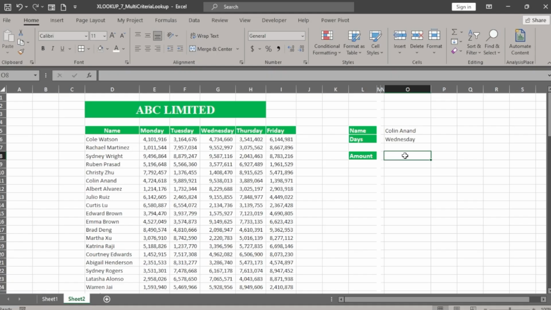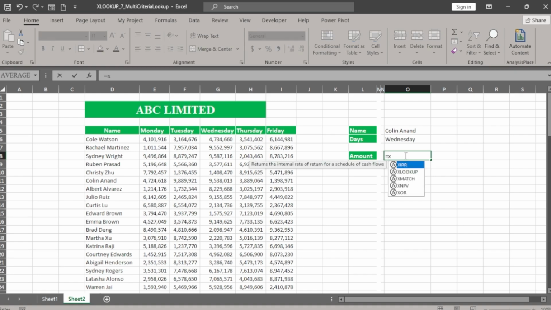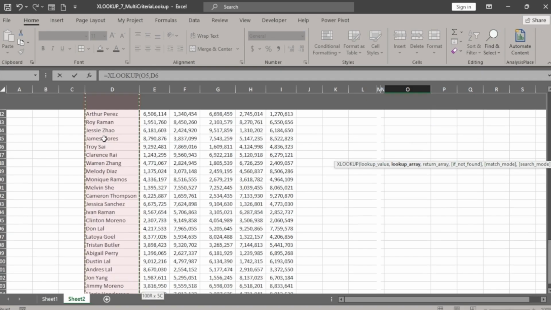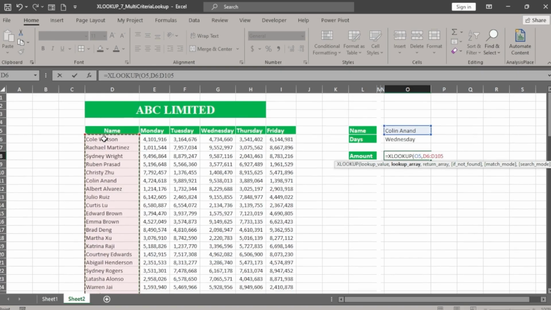To do this, we are going to be making use of XLOOKUP, however, in a more advanced way. And to do that, let's say equals XLOOKUP. Then double click here. What's the lookup value? Our lookup value is the name. The first lookup value is the name. Then we put comma. What's the lookup array? That's the name range. Hold Control, hold Shift, the down arrow, Control backspace to return where we are, and then